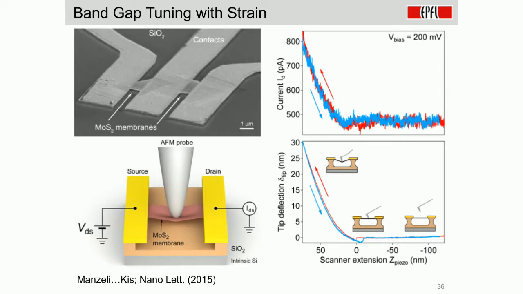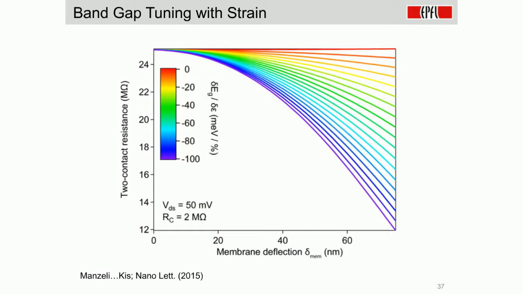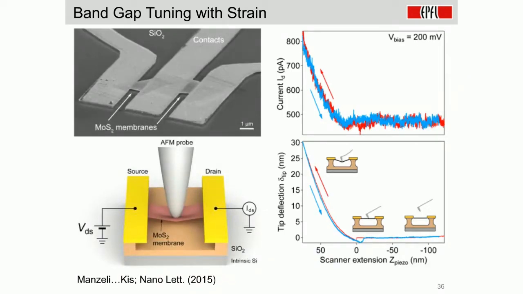So now you see that at the same time as the membrane is being deformed, we see an increase of the current, and this increase of the current means that you have a decrease of the resistance. Sorry, in the original I had an actual formula. If you go to the paper, you will see that this decrease of the electrical resistance, or increase of the conductivity, can be modeled using a formula which basically models the conductivity at the band edge